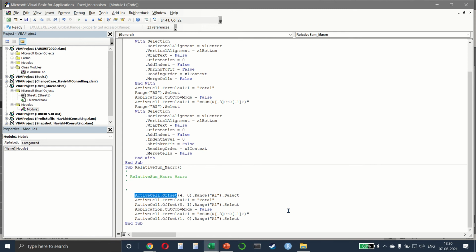And absolute means that the operation or the actions or the task will happen on the same cell every single time, while relative means that it will happen on a new set of cells, rows, or columns, whichever you have selected. And both of these are very handy. And as a matter of fact, both of these are used equally. So it's not that one is better than the other.